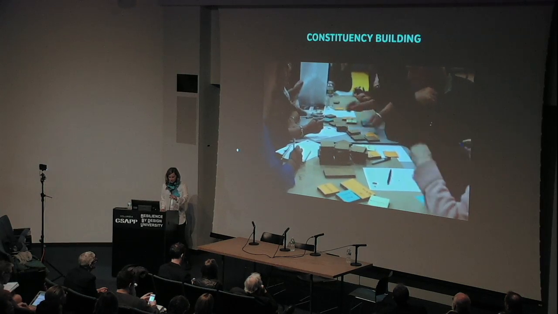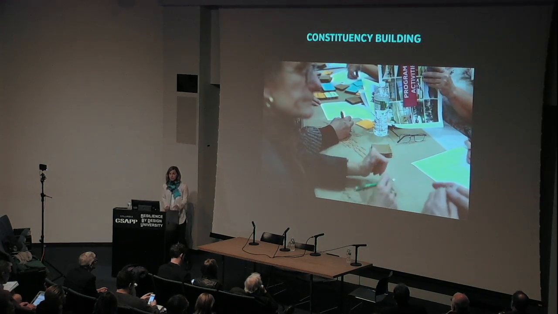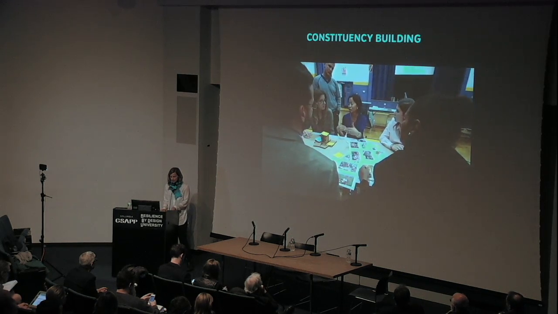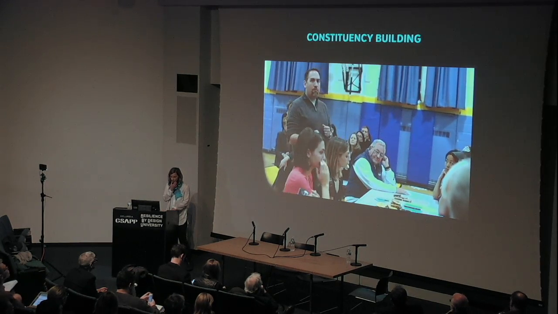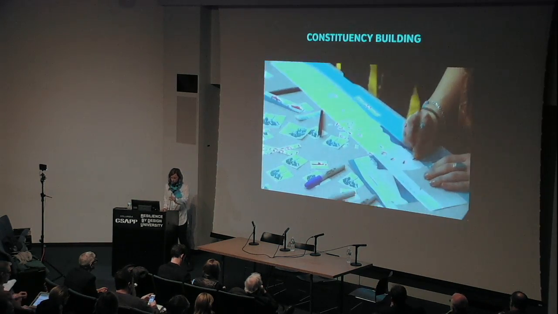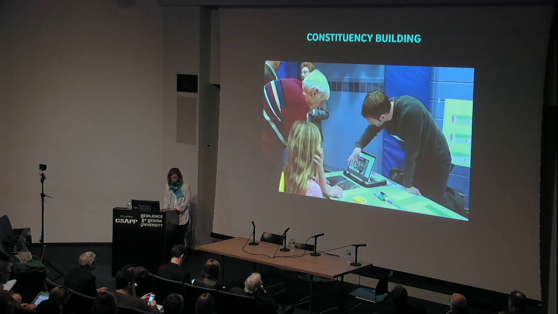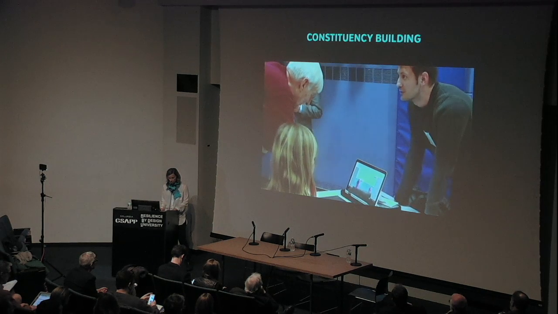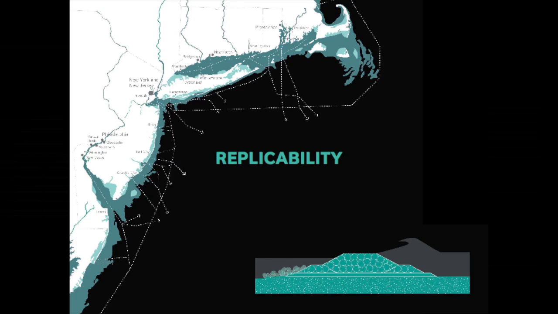But basically, I want to close by saying that you really have to build a true constituency and be honest about the strengths, the limitations, the gaps, the potential pitfalls, and literally show people what they will see and how these ecological infrastructures will become part of their lives. So I hope these notes from the field on the ground have been useful. And ideally, all this hard work is not in vain. The idea is that we're trying to chart a regulatory path forward so that these kinds of projects in the future can be replicated.